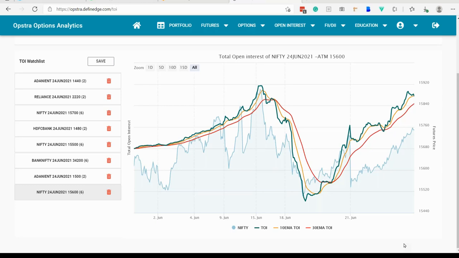Let me repeat that because there are some people who have told me that they are following it blindly. They use the word blindly, and that was extremely wrong. I told them immediately that you should not use it blindly because, first of all, there is no system in this world which is 100% accurate. That is number one. Number two, this is just a guiding element, and finally the trade which you take